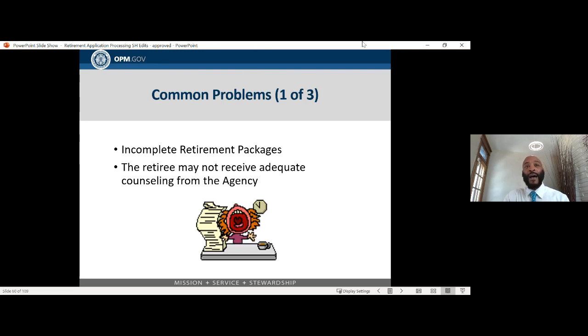Okay, let's go through some common problems that we see in this process. Sometimes we see incomplete retirement packages. You want to make sure that your agency has a review process. If you are the HR specialist handling the case, it's okay to pass it off to a colleague or a supervisor if you're questioning what a process is or something you think is missing from the case. It's better to make sure that it is correct before you hit the send button